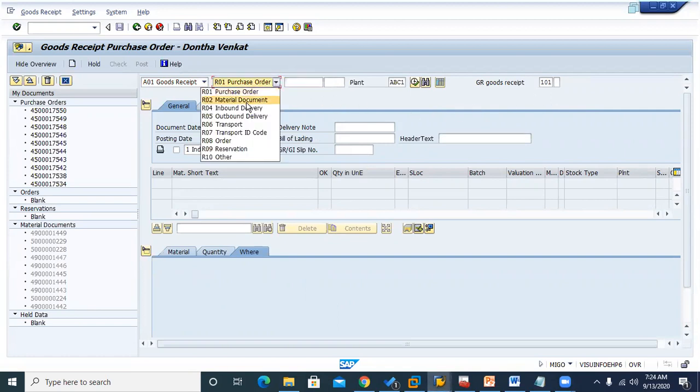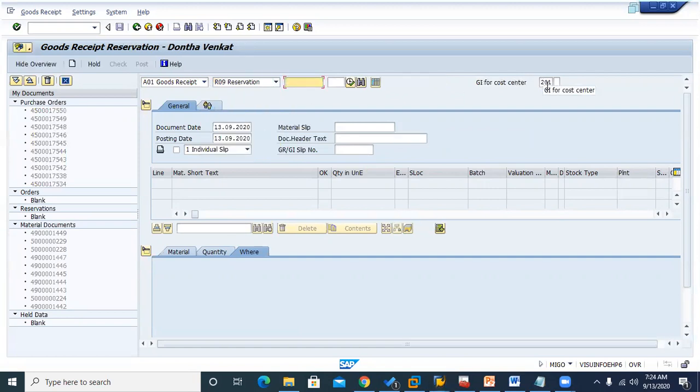If you want to use production orders also, it is 101, but there is a counter assignment that is going to change there. And particularly if you take the reservation, you can see a different movement type. So with the combination of these two fields, the movement type is going to change.